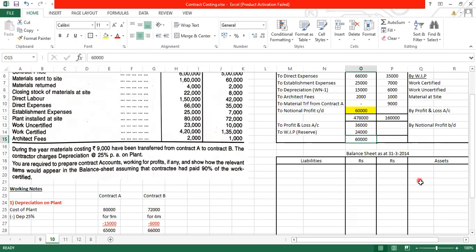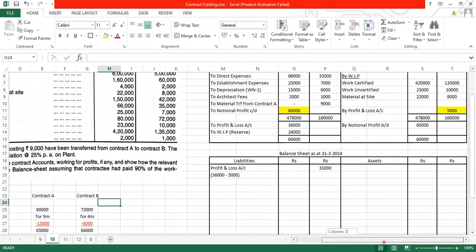Now, so liability side हम क्या लिखते हैं? So profit and capital होता है, but here we don't have a capital. So profit and loss account. But right now 36,000 का profit for contract A, but for contract B we were having a loss of 5,000. So minus loss of 5,000 if we do, तो कितना आएगा? 31,000 का profit you will be getting. दोनों का मिला के, because here we are preparing the balance sheet extract for both contract A and contract B together.